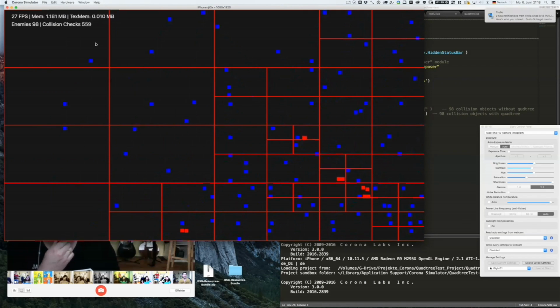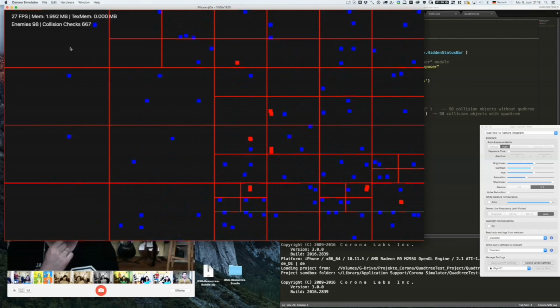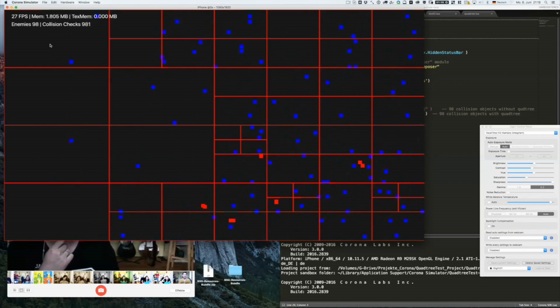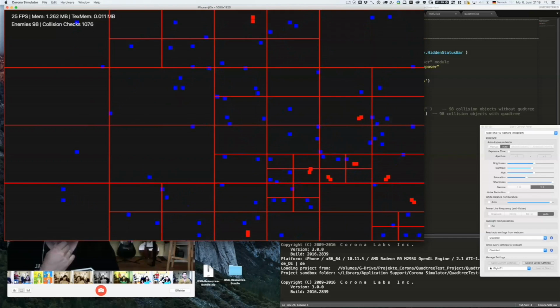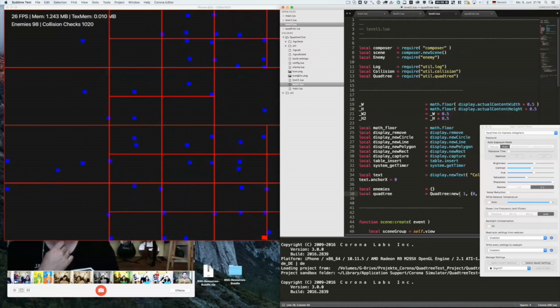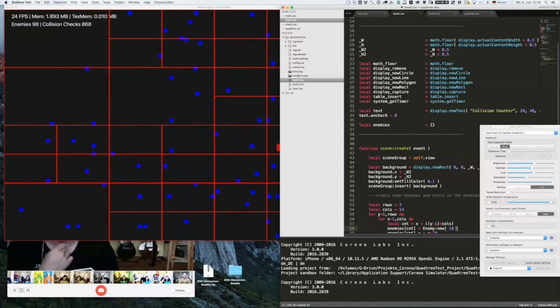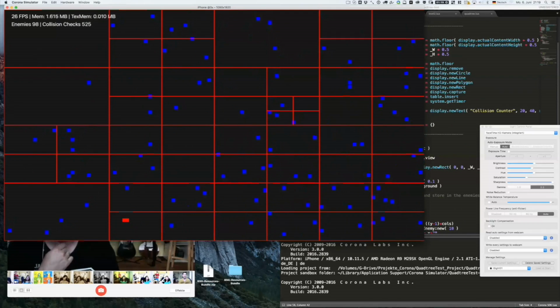It's better, but it's not super cool. Well, it is good, because we went from 7 frames per second up to almost 27, almost 30 frames per second, and we dropped the number of collision checks from 9,000 before to just under 1,000. It's great, and it looks like it varies, of course, depending on where the objects are in relation to the rest of the screen, right?